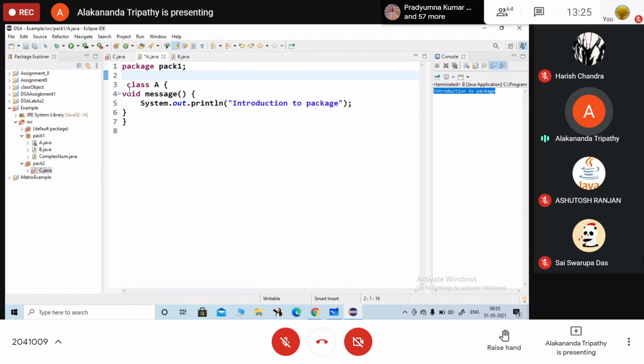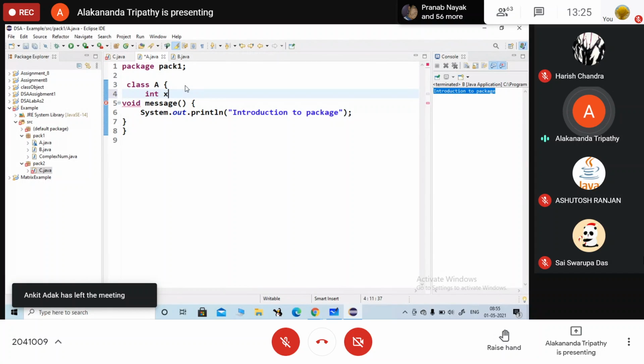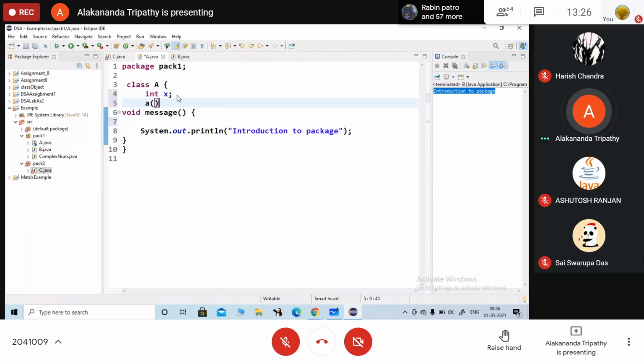अगर private हो जाएगा तो क्या होगा? What is the problem with private? Here I am showing you, int x एक variable लिया गया है. Let a constructor be taken, int x.